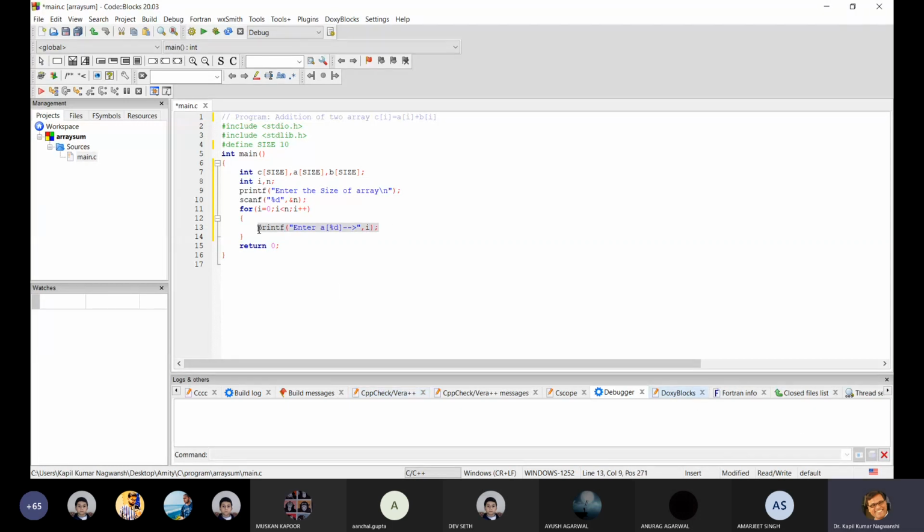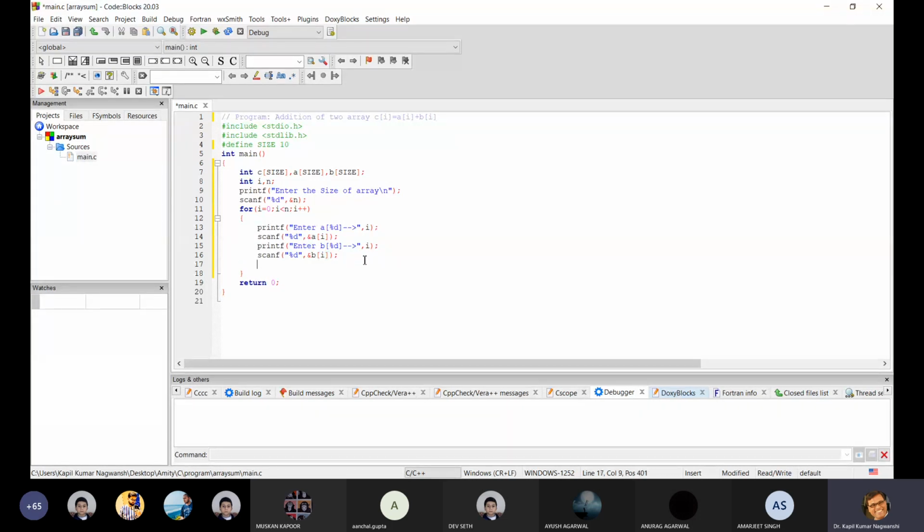Then similarly, we also require b, so b I. Okay, and scanf. Two scanf statements are required. So first you will enter a I, and in the second it is b I. Fine.